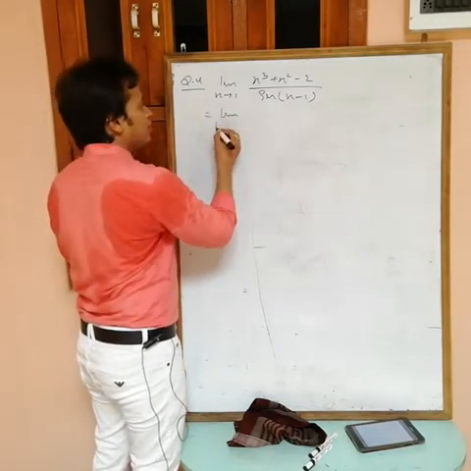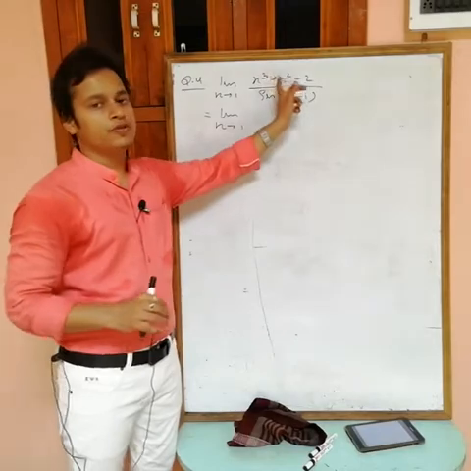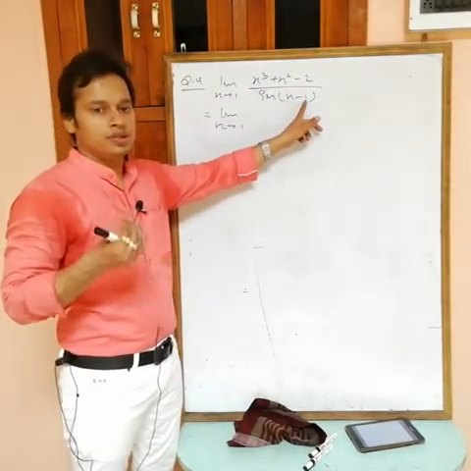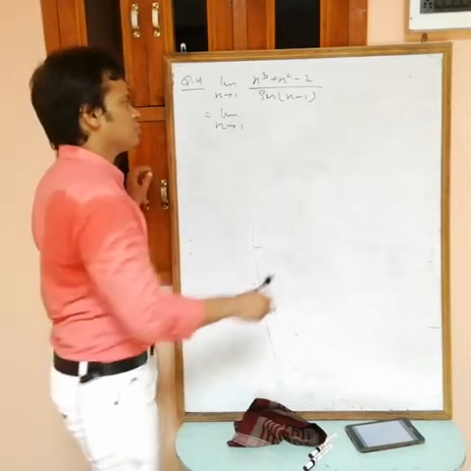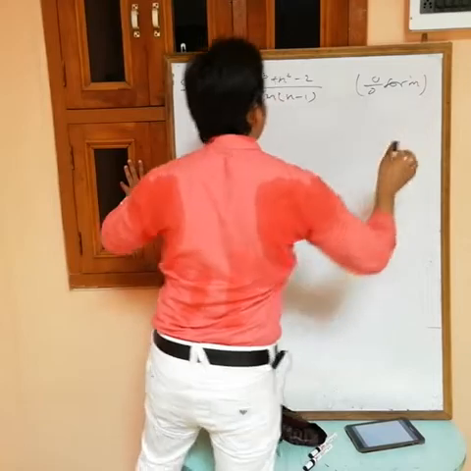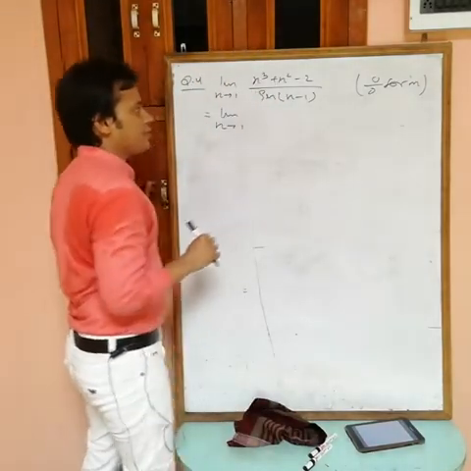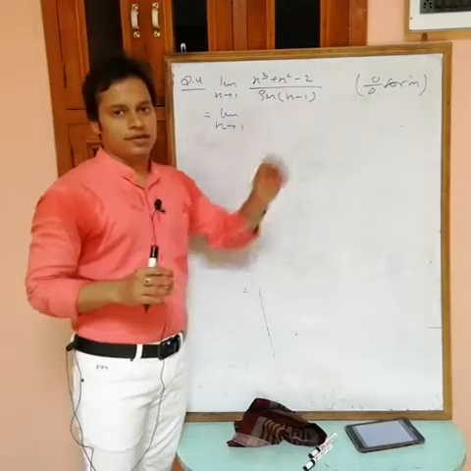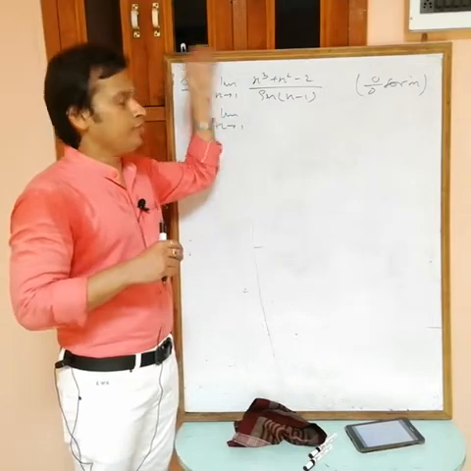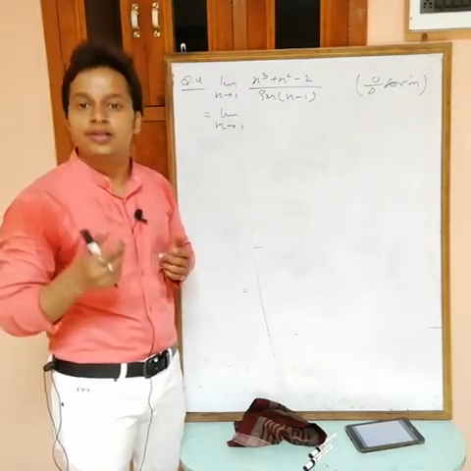See, limit x tending to 1. If you put x equals to 1, what we are getting, 1 plus 1, 2, 2 minus 2 equals to 0, 0 by 0 form, because sin 1 minus 1 is 0, sin 0 is also equal to 0, no? So we have 0 by 0 form, it means indeterminate form, directly we can't put x equals to 1. Okay, now see, can I use a standard limit? Here we have sin x minus 1, then in the numerator, we also want x minus 1 to convert this one in terms of sin x by x.